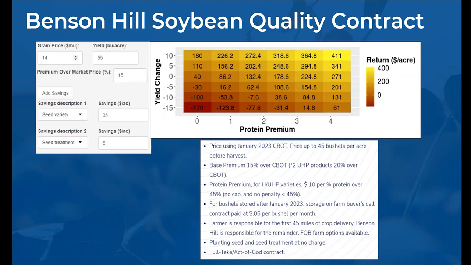So where can you find contracts like this? Well, they're becoming more popular because of the increased demand in protein and oil from soybeans. So here's an example of a Benson Hill contract, and basically they will pay you a premium that's based on the 2023 Chicago Board of Trade prices. It's a base premium of 15% over that market price. And then you can also get an additional 10 cents per percentage protein over 45%,